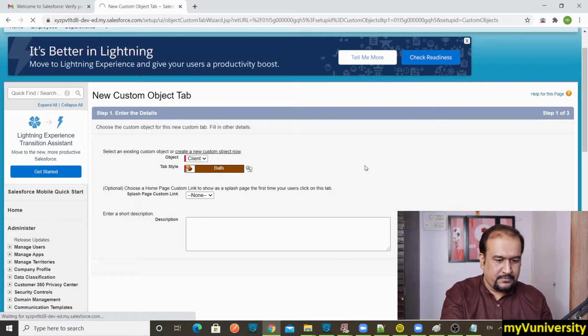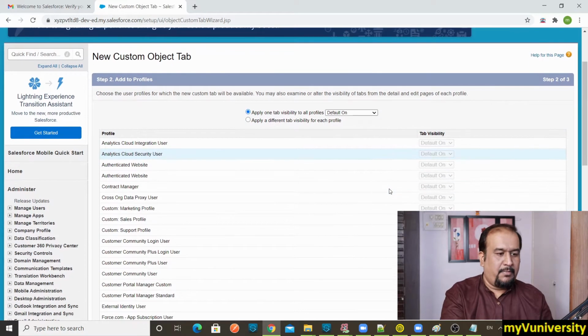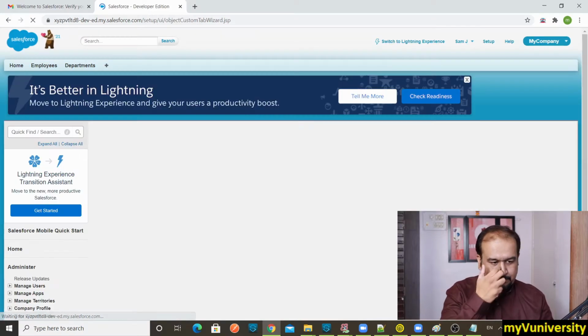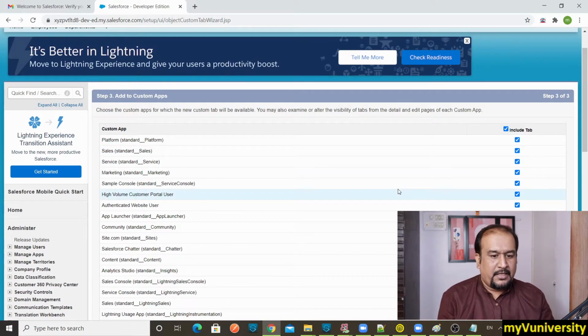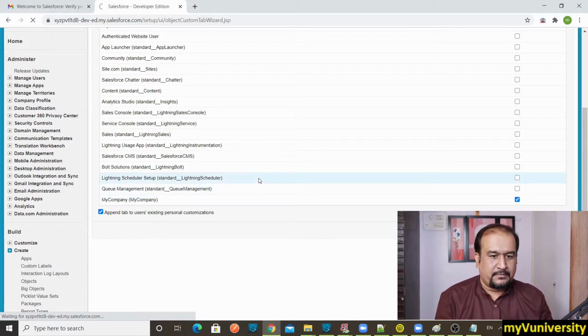Click on next. It will be visible to all the profiles, so we are good with this. Next. Then it will be added to which custom app? Only my company app. I will select my company app and save. That's perfect.